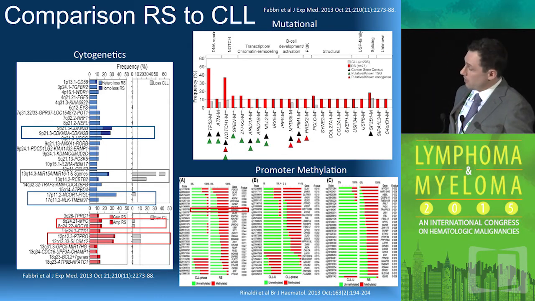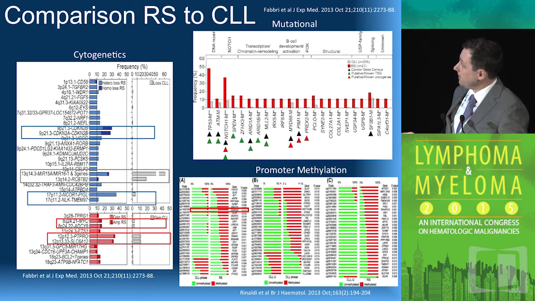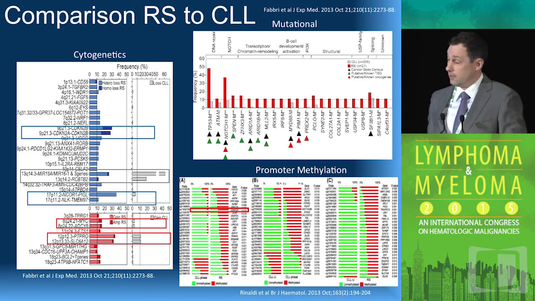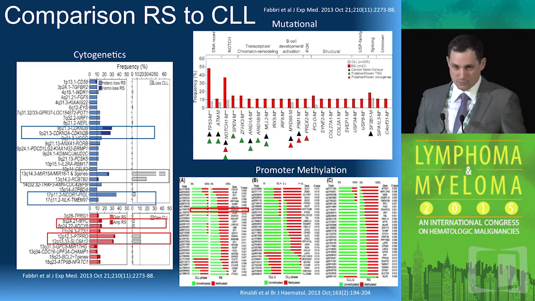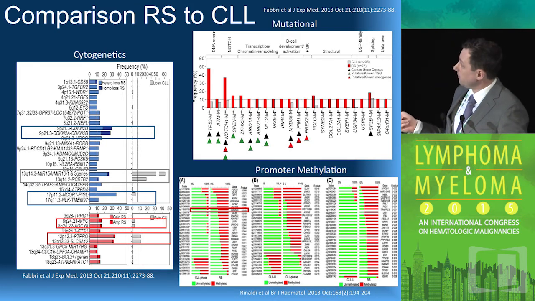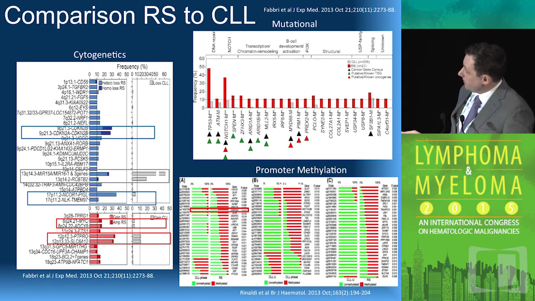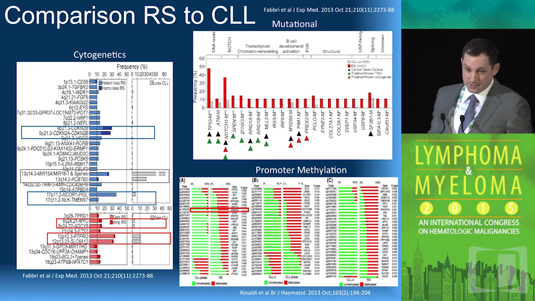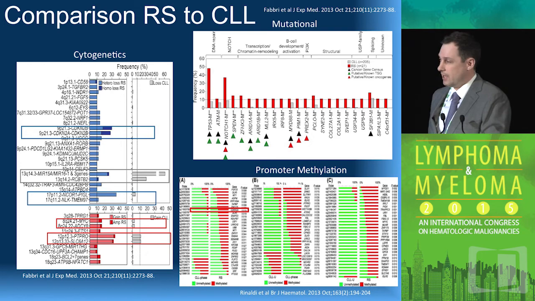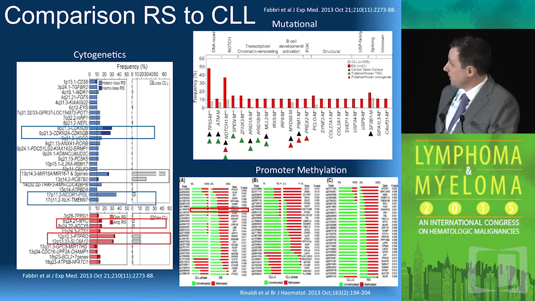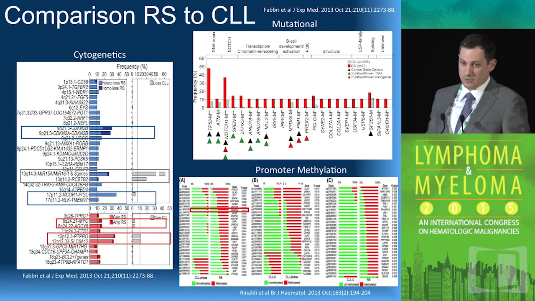The most common in recurrence are here, as you see, at 9p21.3, which houses CDKN2B and A, which is a tumor suppressor. So we typically lose that, and this is an acquisition event in about 30% of patients. Subsequently, we see p53 or 17p deletions occurring at acquisition, so it wasn't there at baseline when patients have transformed after a few years of therapy, or whatever it is. We find that in their Richter's lymph nodes, we're finding p53 deletions.